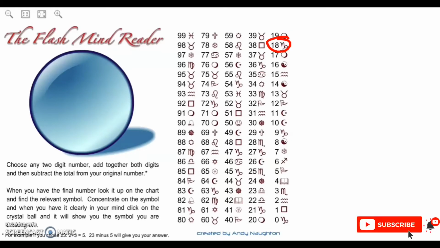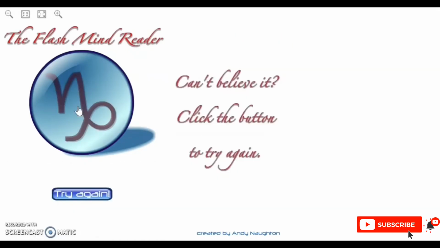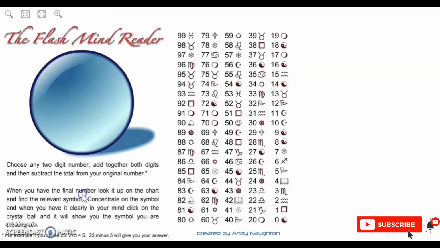In front of that number 18 there is a symbol. It looks like an n. Now look into that symbol just for 5 seconds. Keep that symbol in your mind. Now let's come to this bigger circle. I am going to click on that circle now. See, I clicked on that circle. Same symbol it showed, right?